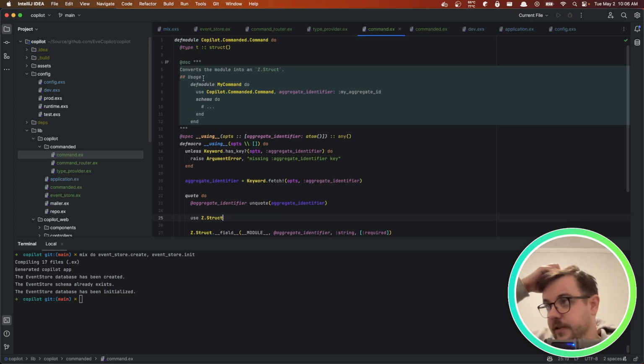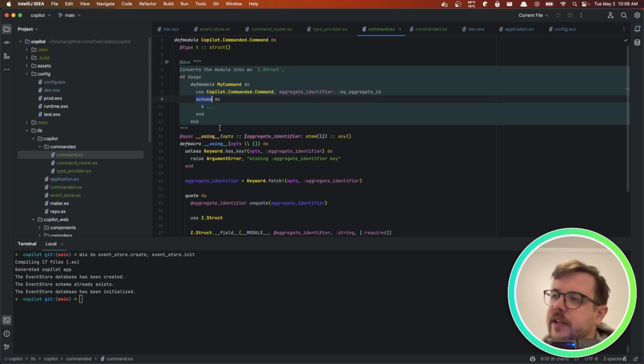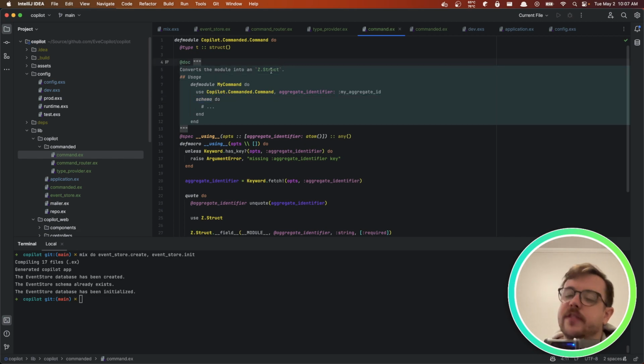Got a little documentation here. It converts a command into a Z struct. And that's going to basically give us this schema keyword, very similar to Ecto schema, but in my opinion, a little bit more powerful for defining things like commands, because I come from the JavaScript world,